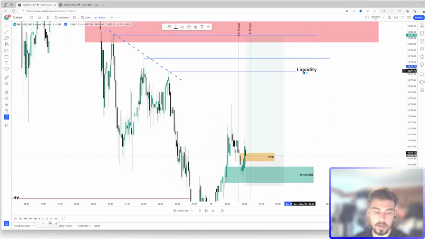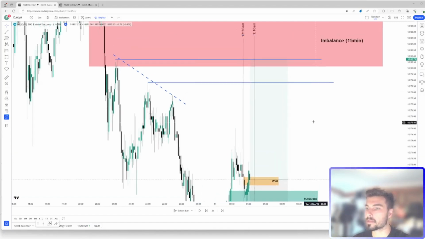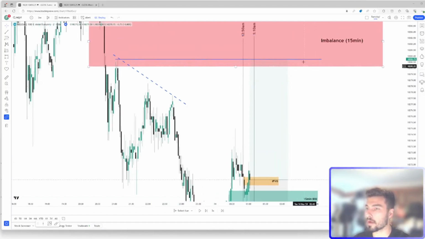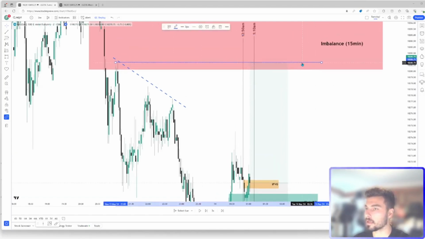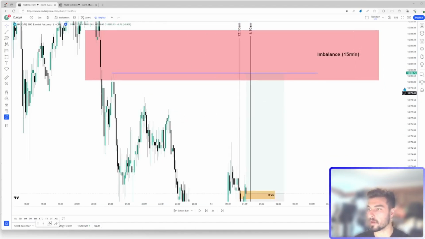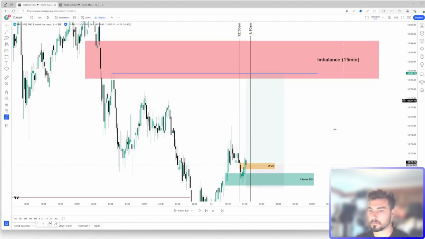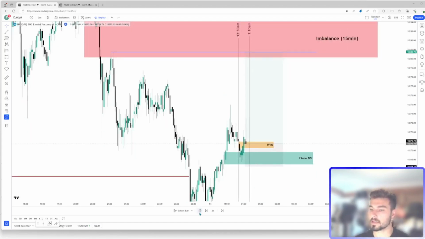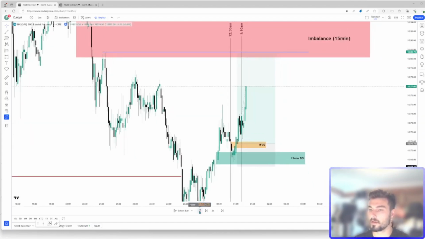And for me, it makes sense because this is all your trendline liquidity, so it should be an abrupt move. And above this swing high here, there's also a 15-minute imbalance. So I'm hoping this is starting to put the pieces of the puzzle together. In this instance, this is just the beginning. Let's see what price action does.